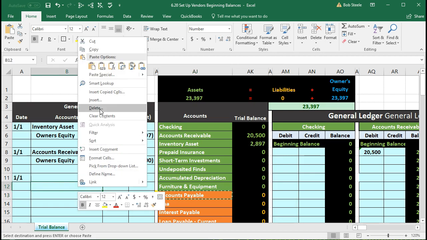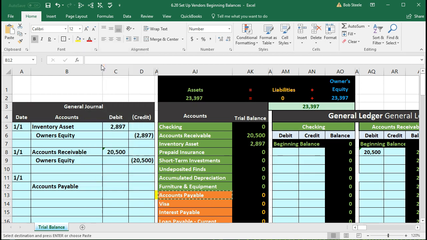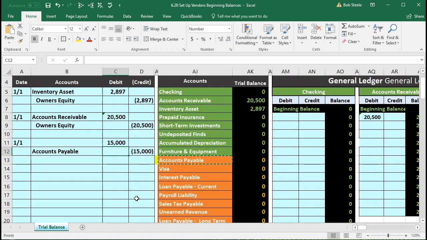right clicking and pasting 1, 2, 3. We'll then put the amount in the credit column in D12 with a negative 15,000. That's the amount. We're then going to need to debit something for 15,000 to have the debits equal the credits, and we need to know what will that debit be. We know that 15,000 most likely was a purchase of inventory. So we most likely had inventory that we purchased at some point,